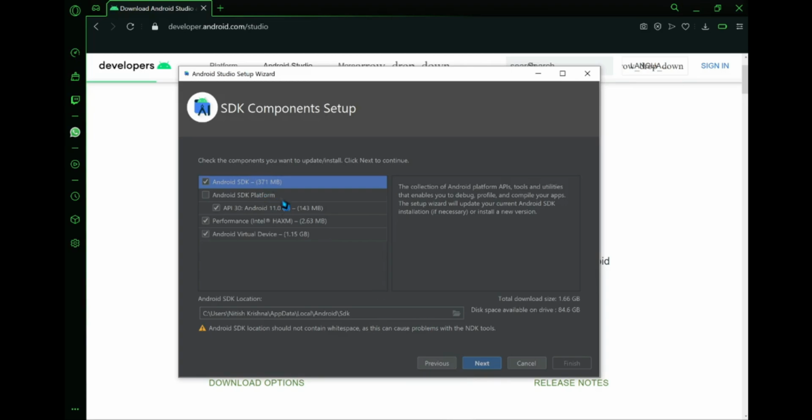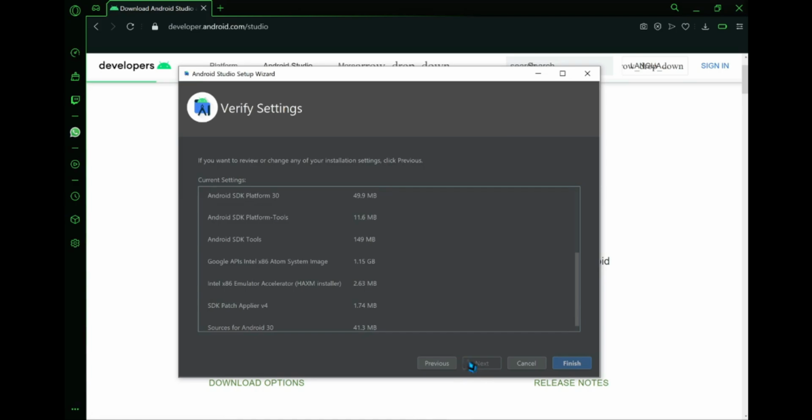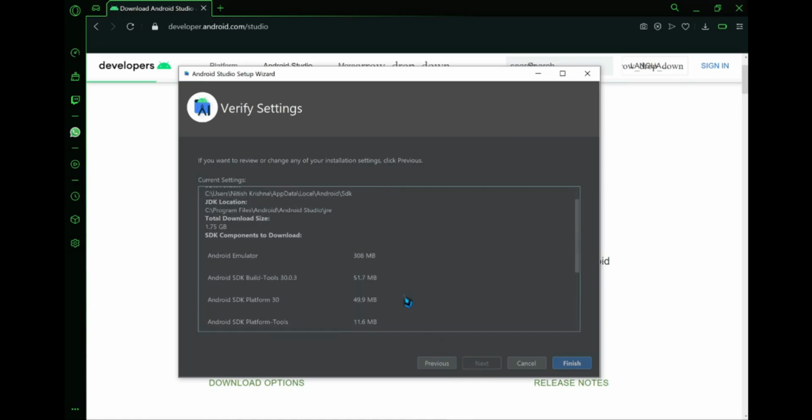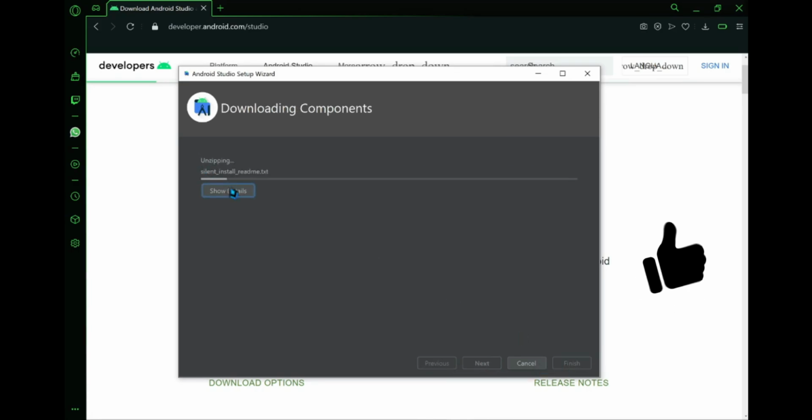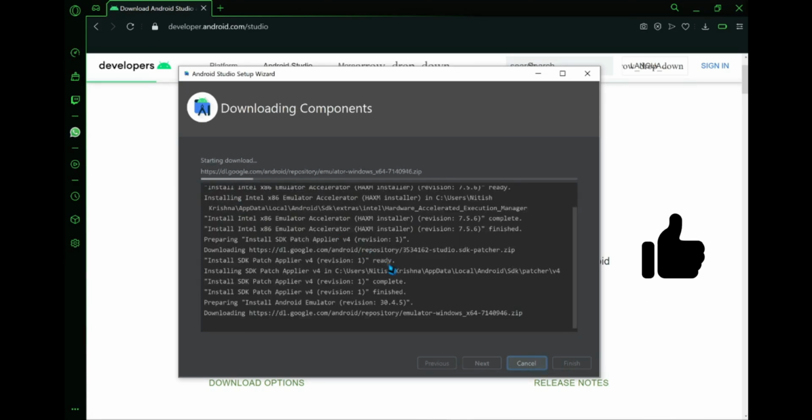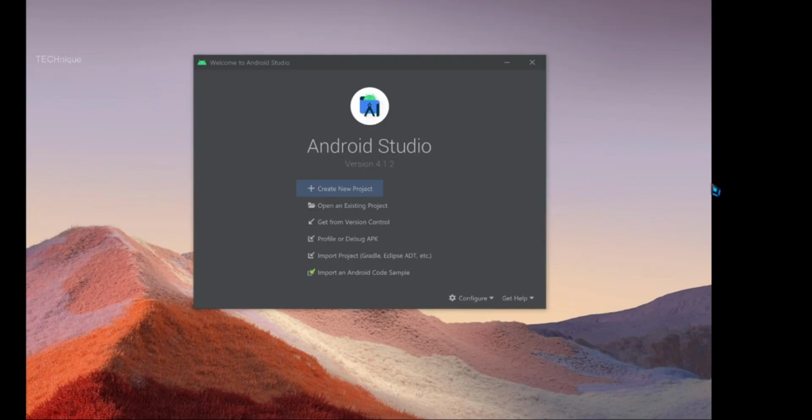It's going to ask you to download the Android SDK. Just check Android SDK 371 MB, API 30, performance, and Android virtual device. Click next, and it's going to show you what you are going to download, and just click finish. Now everything is going to get downloaded. Let's wait until it finishes downloading. 2,000 years later. So after the downloads,